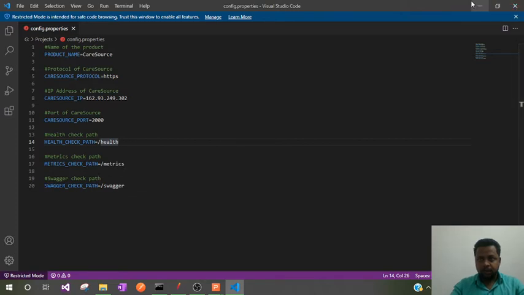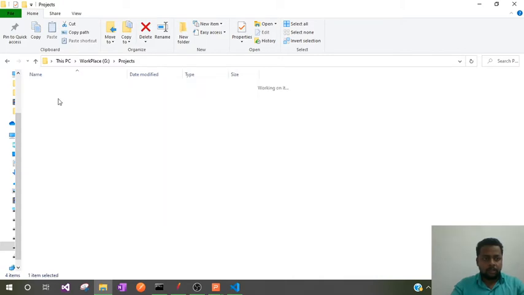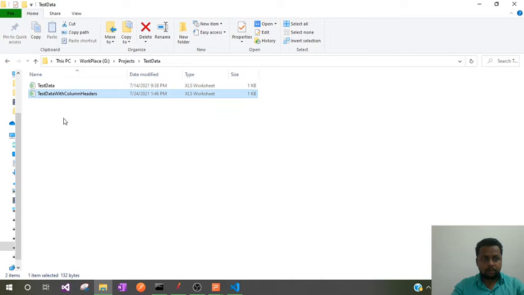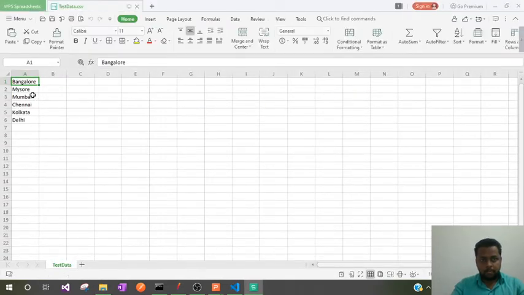Let me minimize this and go back to the folder of my project, where I have created a folder called test data, inside which I have maintained my CSV files: the test data CSV as well as test data with column header CSV. If you open this, you can see I have given some city names here.